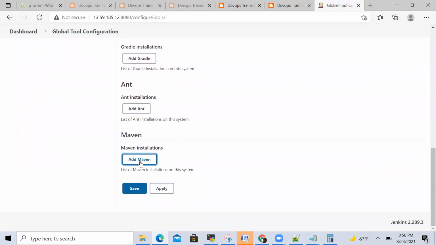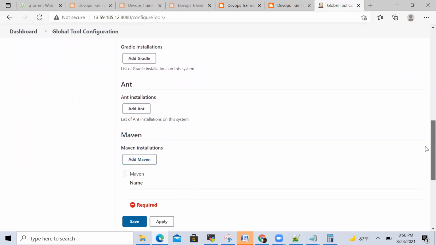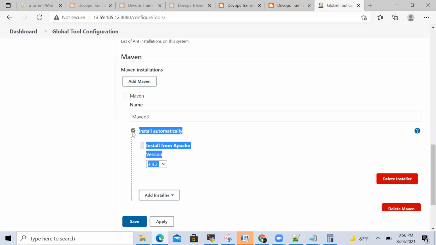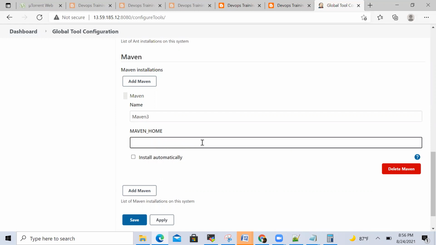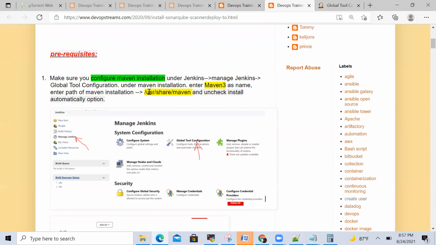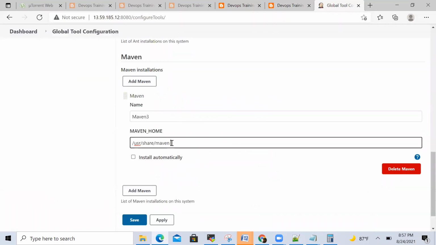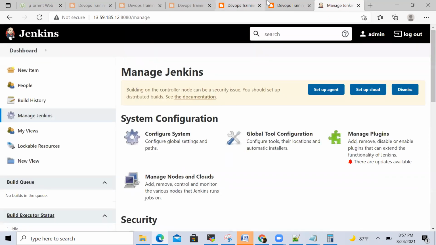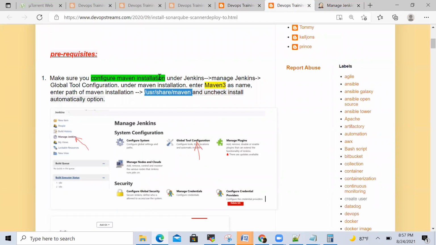So you click on add Maven, and it's going to pop up. You type here Maven 3. You uncheck this box, and here you put the path for the Maven. Just get the path from over here. This is the path. Copy that and paste it right here, and then you save. That completes this part for the Maven